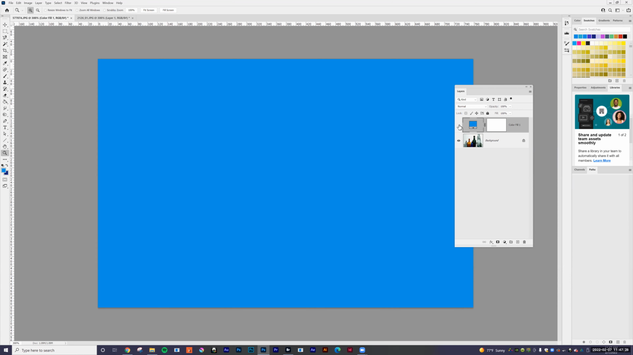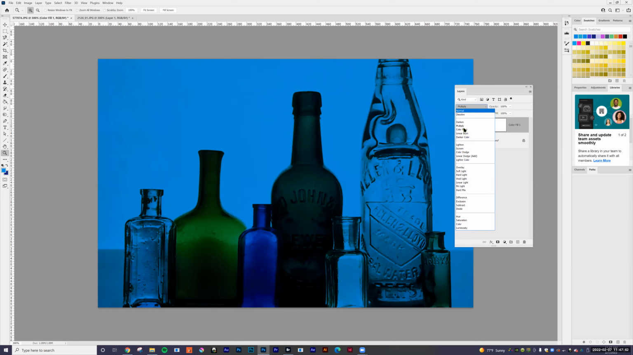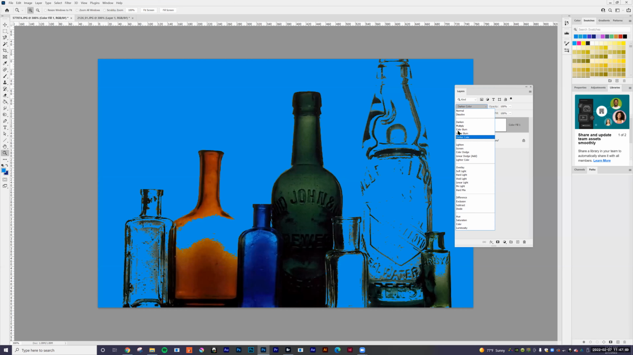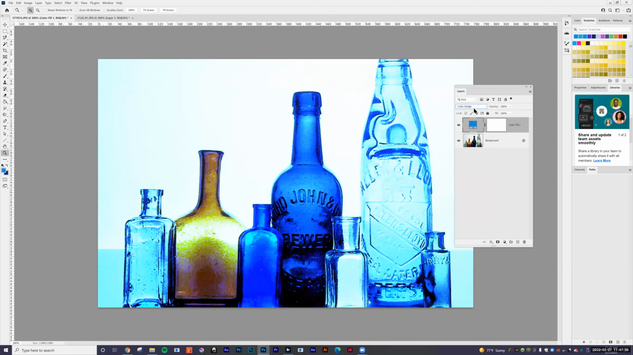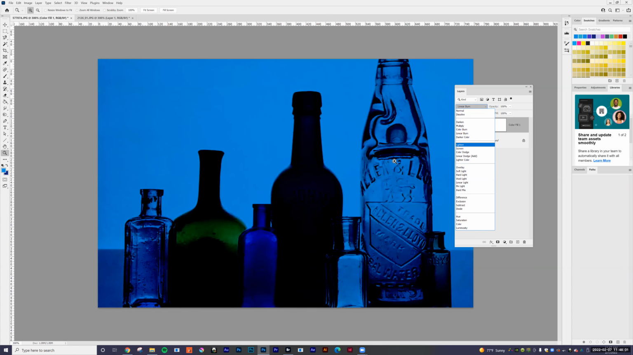And I've got my bottles underneath, and I'm going to use a blending mode to blend that blue color on the top down into the image. And I'm not going to read through it every time, but I'm just going to click. So there's dissolve, there's darken, multiply, color burn, linear burn, darker color, lighten, screen, color dodge, linear dodge, lighter color,